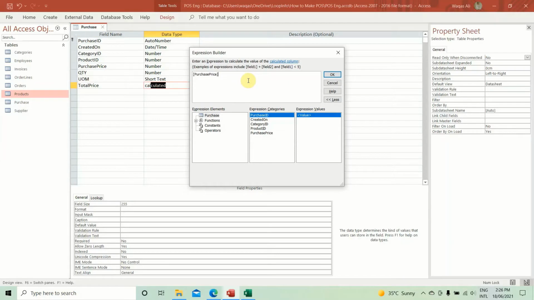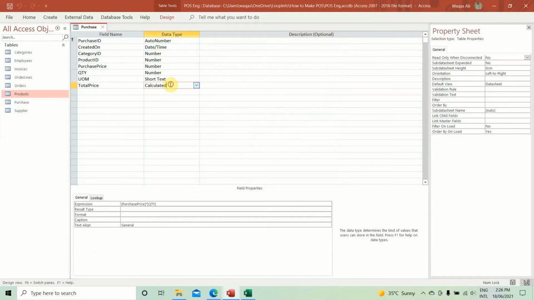So purchase price into QTY, and that would be our total price. So for this field, result type would be double, sorry, format type will be standard,